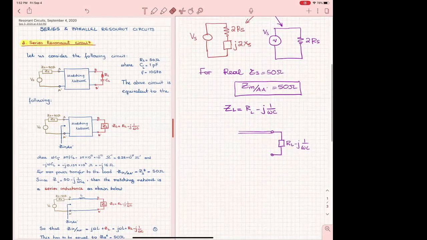So here we have a complex load. And I'm asking you now, since we've learned transmission lines and we are still working with them, would you be able to just put a section of a transmission line to match it, like this? You need a stub or an open-circuited stub? Yes, you need a stub in general, correct.